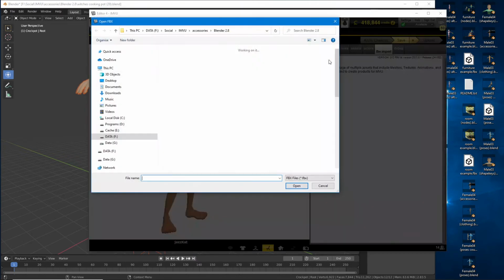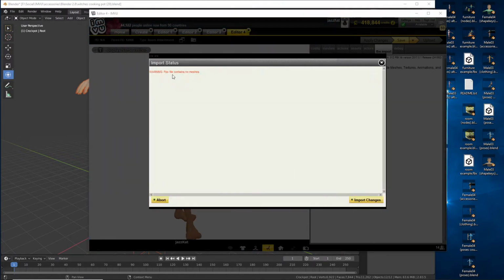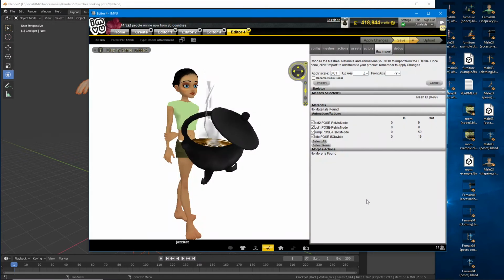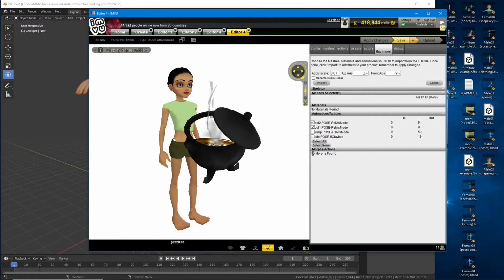So load FBX. We want number 18 for this. That'll give us the no meshes message, which is what we want because we're just importing actions. Import changes. It's kept the scale because we're importing into a new project. And there are our two poses. So we can disable these two, we don't need them. Plot 1 and plot 2. Then import